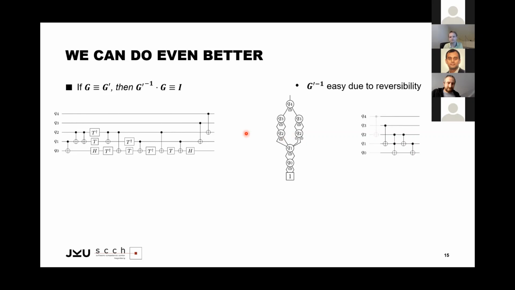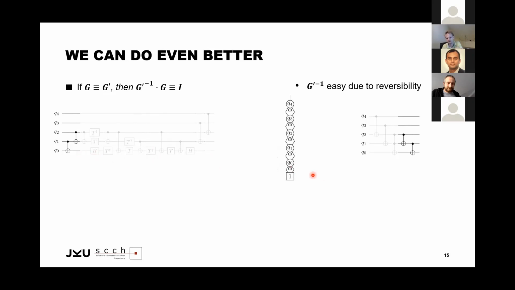And then I can multiply with the gate from this part here. And since those gates are the same, obviously I have to return to the identity again. I could do this now with the gate here and then with the gate there. And now I'm doing it with this gate here. If I would just apply a single gate here, I would not get back to the identity, because this is now a different realization. But just hypothetically, let us assume I have an oracle which knows everything and which tells me now would be a good idea to multiply all those gates here, which realize this one gate. Then I would end up with the identity.